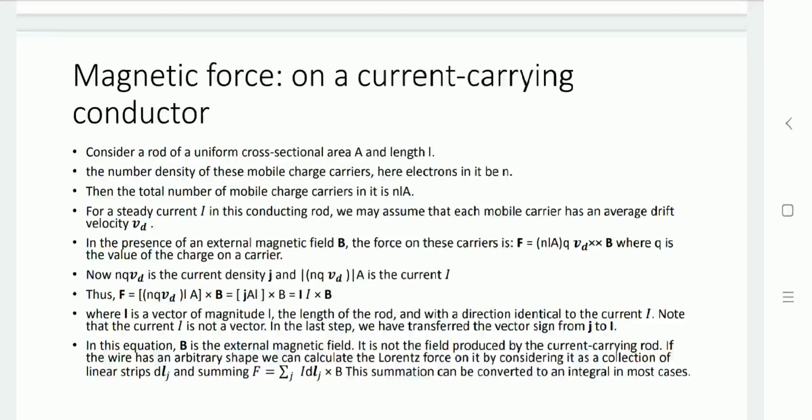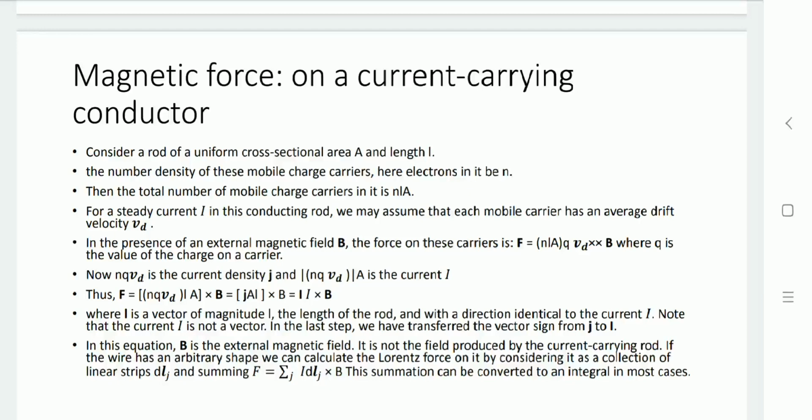Number of electrons n moving through the area A with the length of this rod L, so the total number of charge carriers is n into L into A. Now for the steady current I, we are assuming that the mobile carriers have an average drift velocity Vd. So in the presence of an external magnetic field B, the force on the carriers we are having is